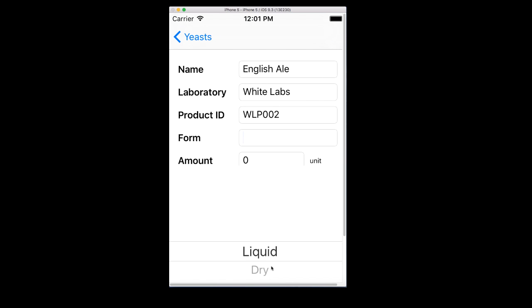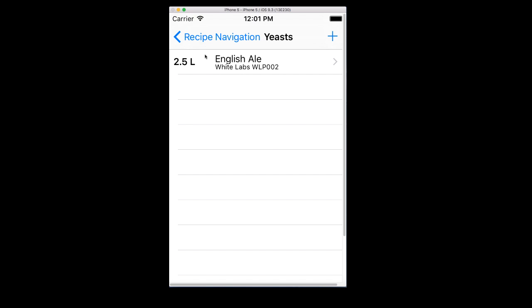The form is whether it's liquid, dry, or slurry. And really this is going to affect the units. So for example, liquid, it would be a vial or a smack pack, whereas slurry, it would be a certain number of milliliters. Let's say I'm repitching or I'm doing a starter and I want to have 2.5 liter starter going in. And again, I could add others. So if I wanted to add in Brett into secondary or something like that, I can continue to add yeast